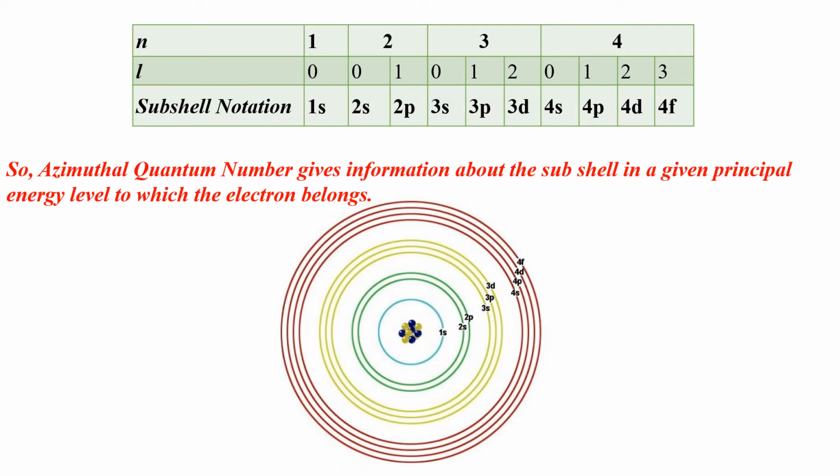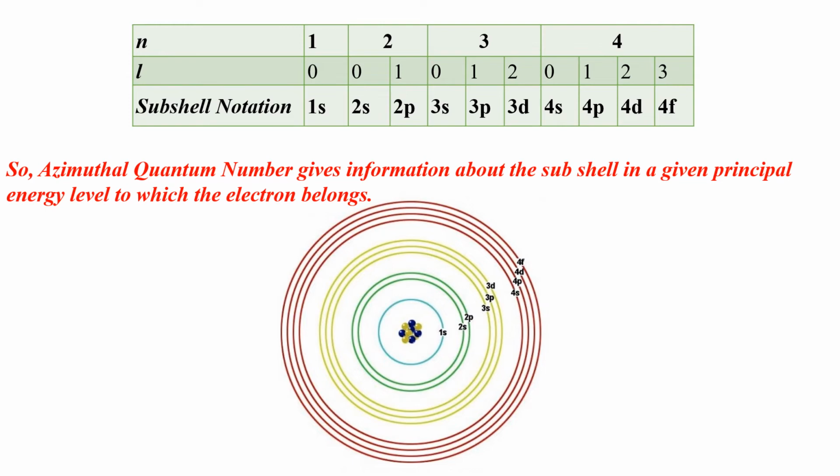Now let's see how you can get these notations: 1s, 2s, 2p and all. n equal to 1 stands for the first shell. As we know, the first shell has only one value of L, that is 0. So the value of L for the single subshell present in n equal to 1 is 0. Now we know if the value of L is 0, then it is given by s. It indicates s subshell. Since this subshell is present in the first shell, you write it as 1s. Now coming to the value of n equal to 2.